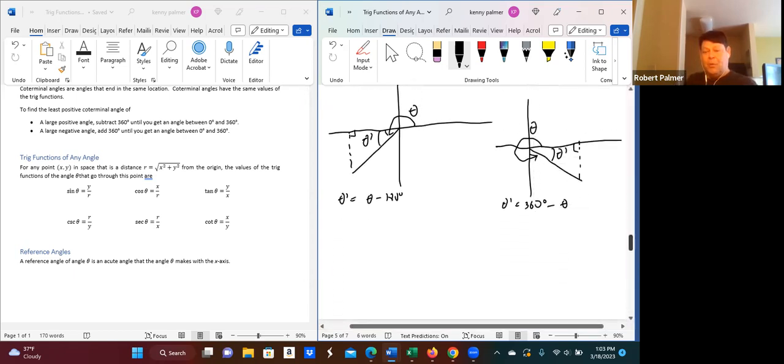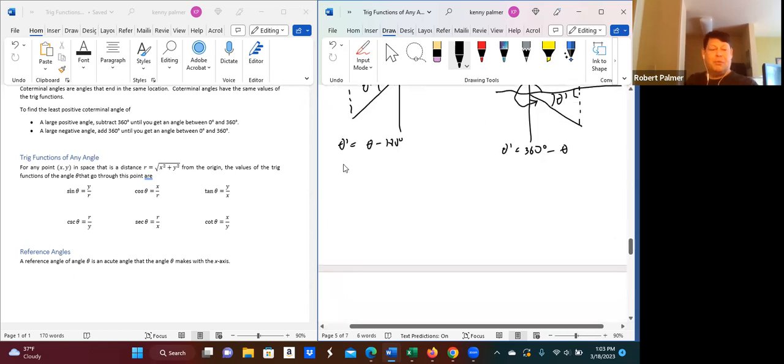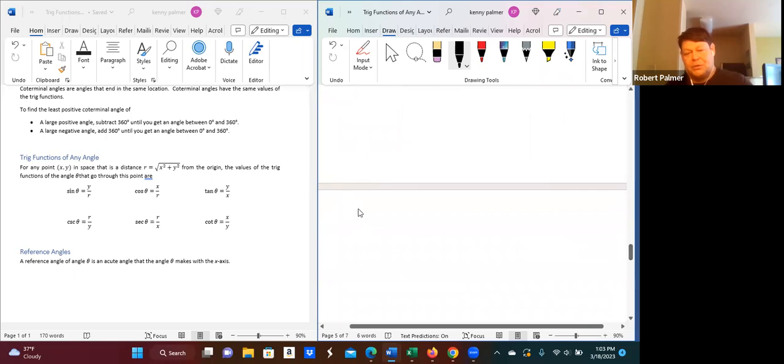Okay. So now, why do we do that? Well, let's take a look at a few examples then. In fact, let's just go down here to the next page. Let's do some examples. So let's find